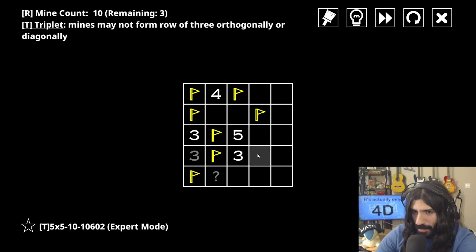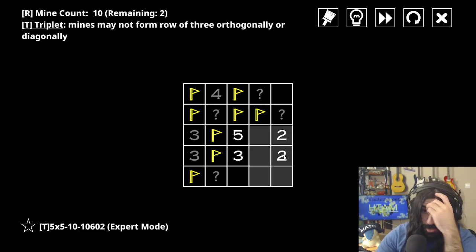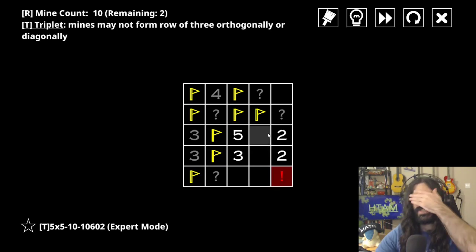There has to be a mine here for this 5 to be satisfied. Also, there can't be a mine here now because of this guy. So there's a mine here, which means there's no mine here, no mine here, no mine here. Okay. Now, there's a mine here or here, which means there's no mine here. Same for... There's a mine here or here. Oh, this 2 isn't next to a...